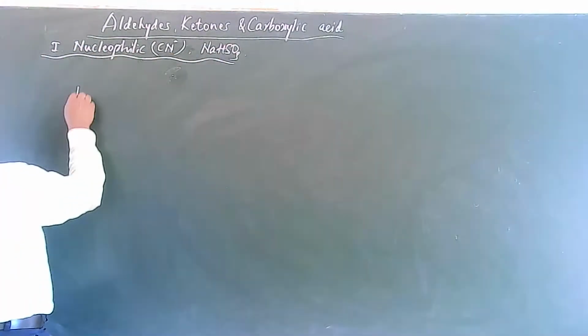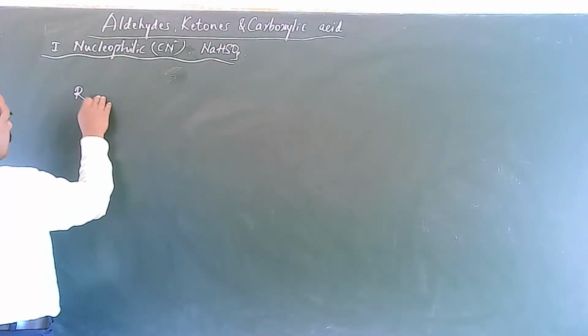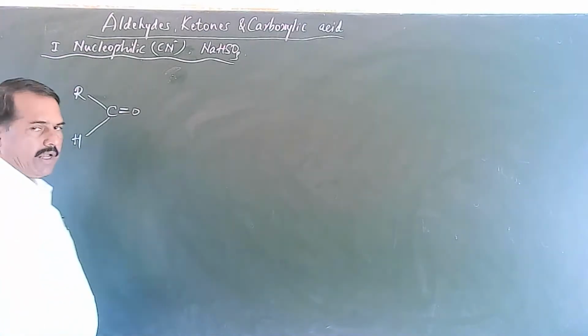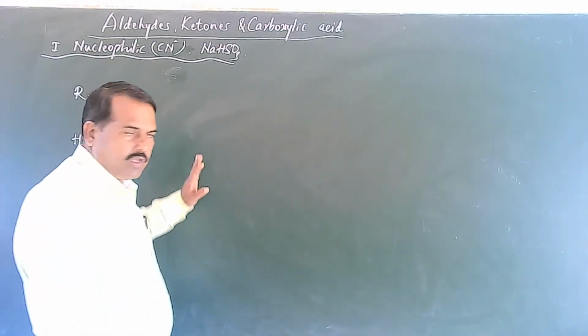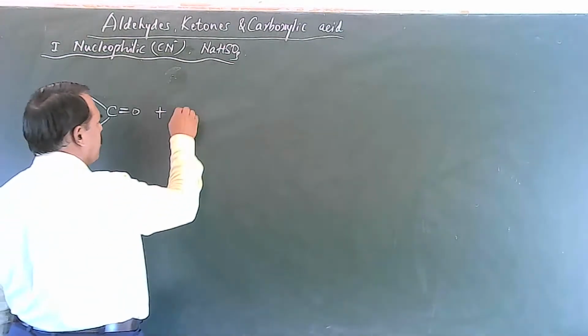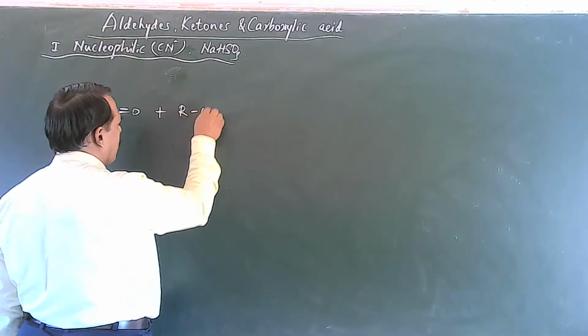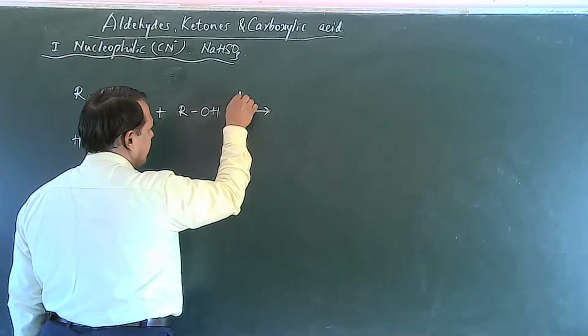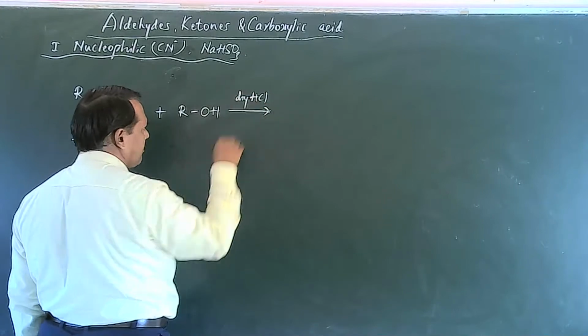And now, this is R-CHO, which is an aldehyde. When this aldehyde reacts with a molecule of an alcohol, ROH, in the presence of dry HCl,